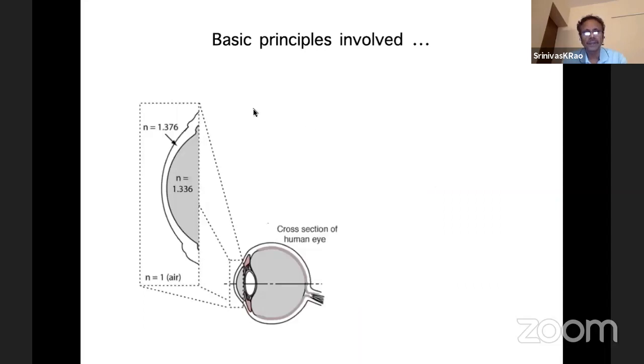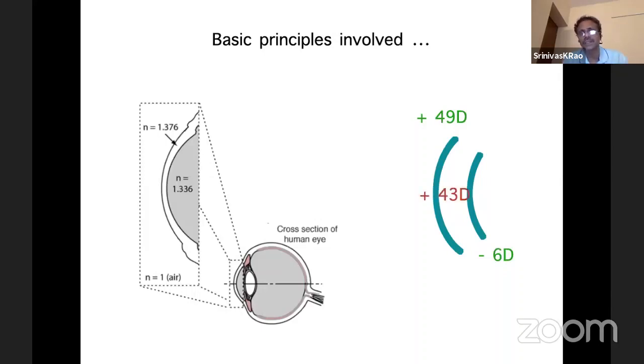Now we know from our Gaussian optics that the cornea is basically surrounded by different optical media. There is air in the front with a refractive index of 1. The corneal tissue itself has a refractive index of 1.376, and posterior to the cornea is the aqueous, which has a refractive index of 1.336. But the cornea, as we know, has two structures, the anterior and the posterior layer. And the sum of the corneal power is the sum of these two powers. The front surface has a positive refraction of plus 49. The back surface has a negative refraction of about -6. And therefore, this gives you the total corneal power, which is around 43 to 44 diopters in a normal eye.